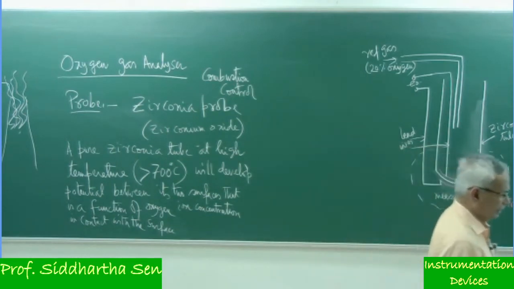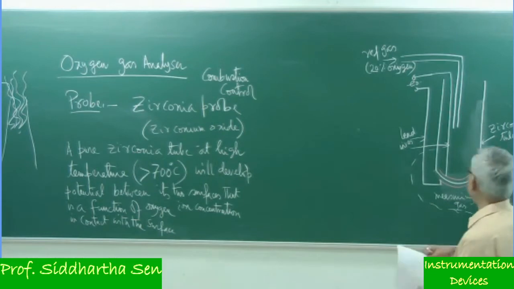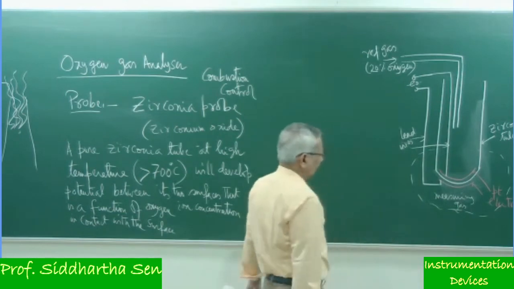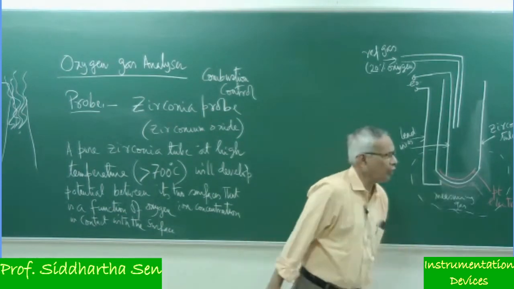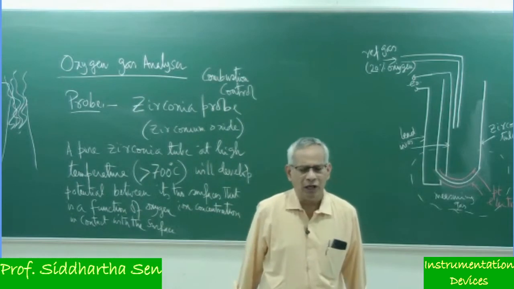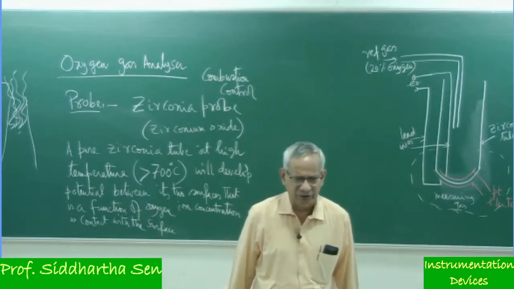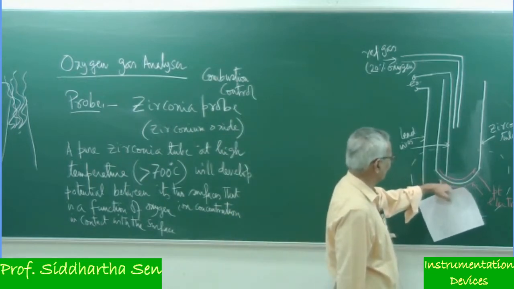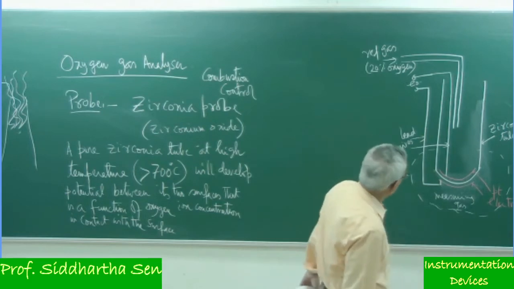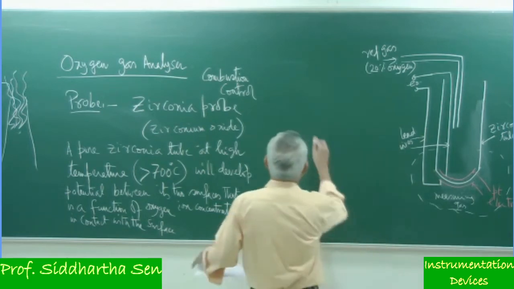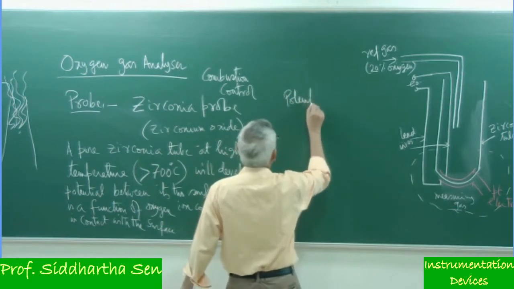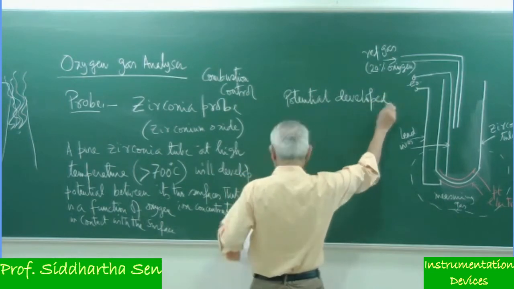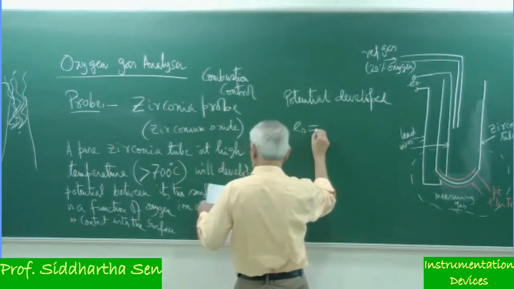So naturally, these two, and in between there is a zirconia tube. These two electrodes form a measuring electrode and a reference electrode, and we will see the potential developed. So basically these are like two half cells. And the potential developed is basically E0 is equal to